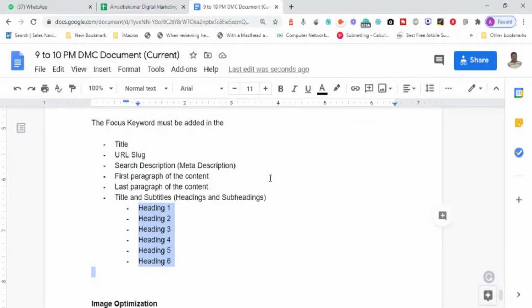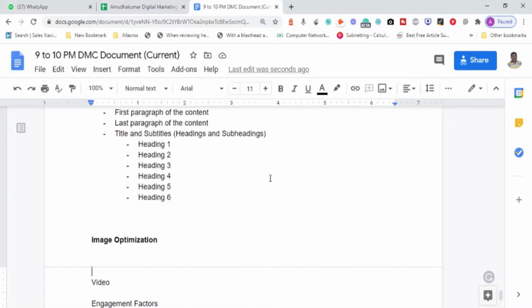Now the priority of ranking is decreasing from H1 to H6. H1 being the maximum priority, H2 being the next lowest priority, H3 being the next lowest priority, and H6 being the last priority. Now the focus keyword should be there inside your heading one, which is referred to with the tag of H1,